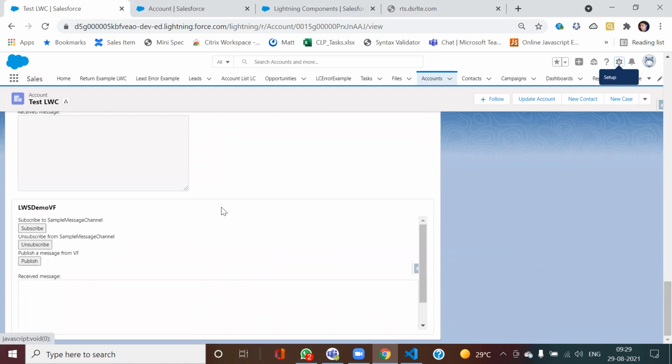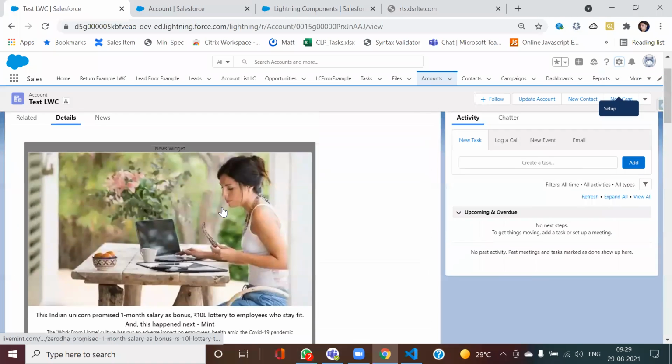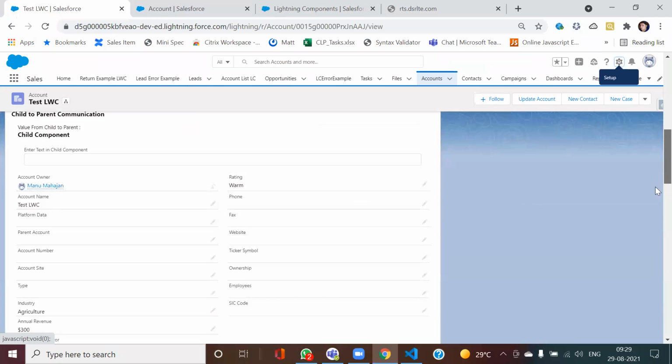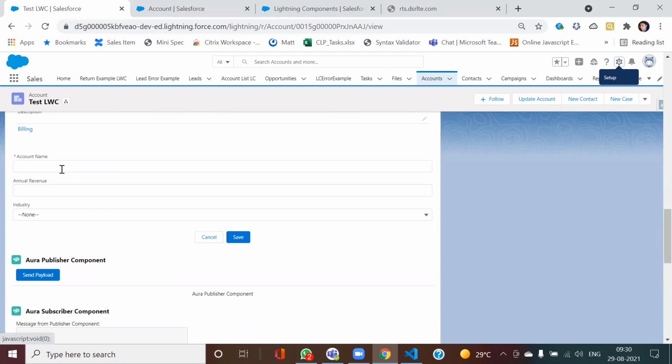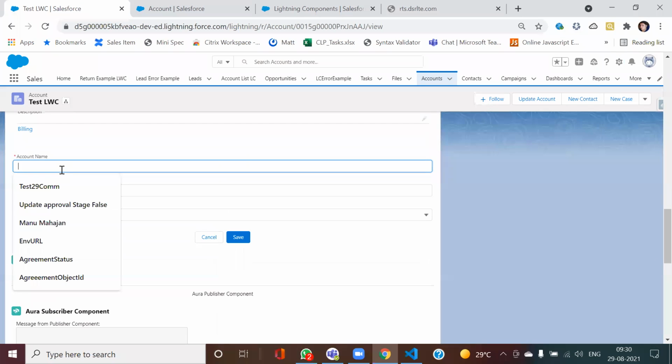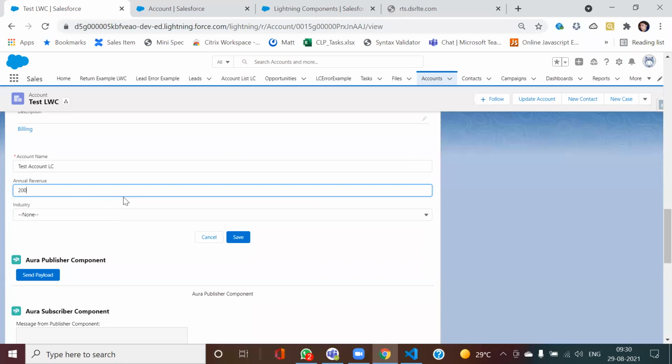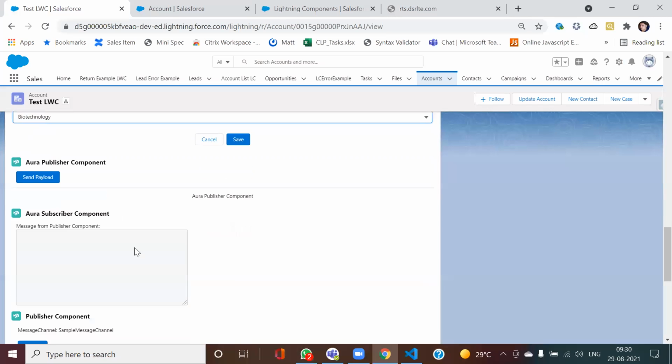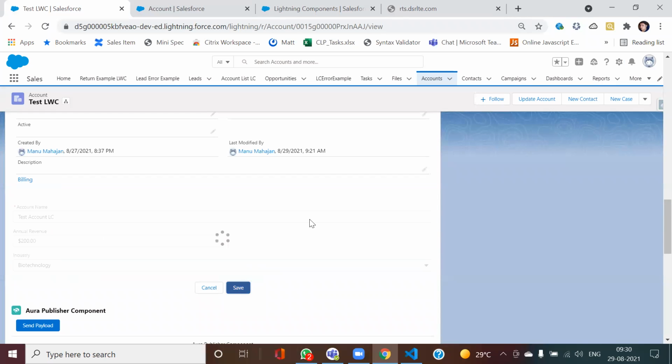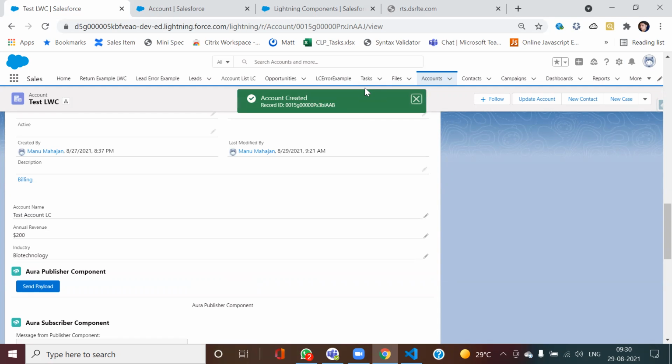So if you remember last time, we had this thing when we were creating one new account. This was happening through your lightning component. So here we were creating one, and this record was getting created.